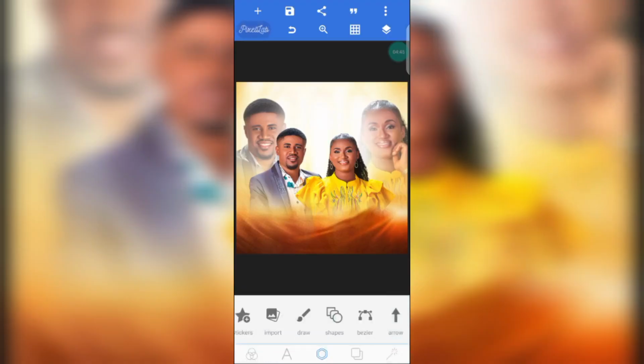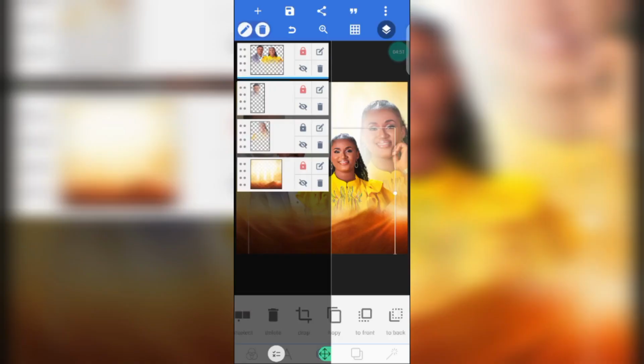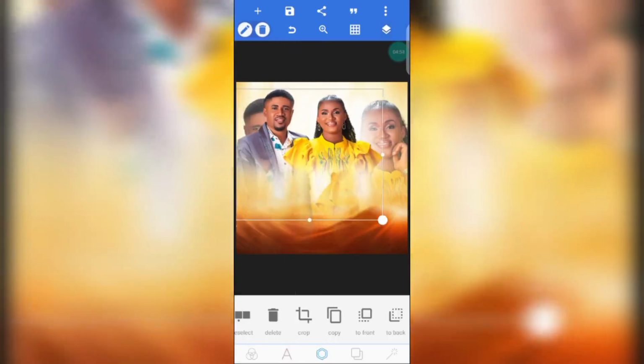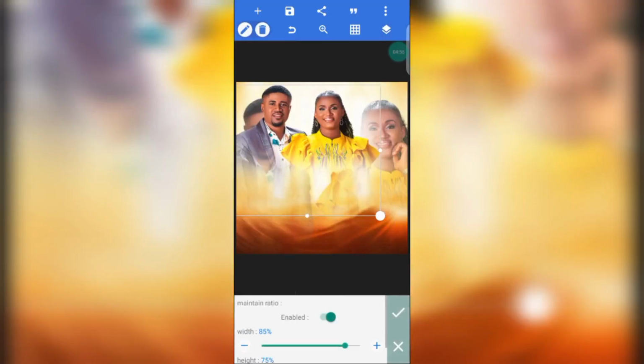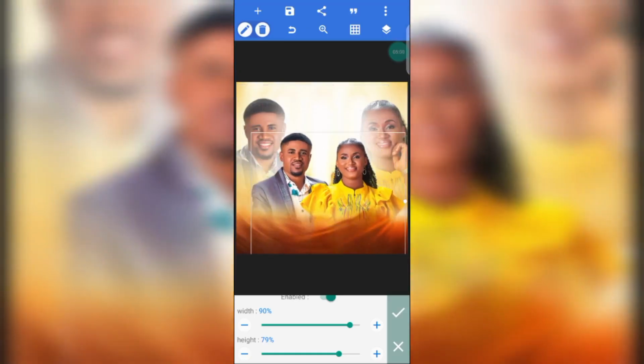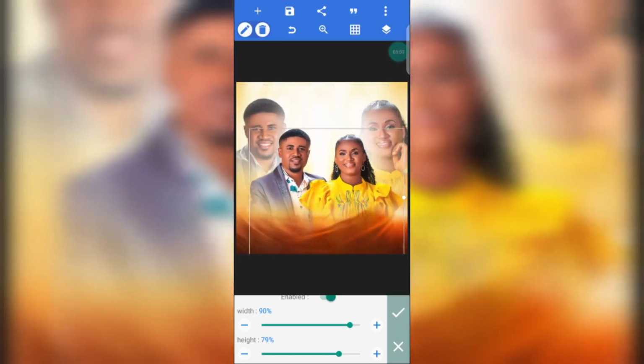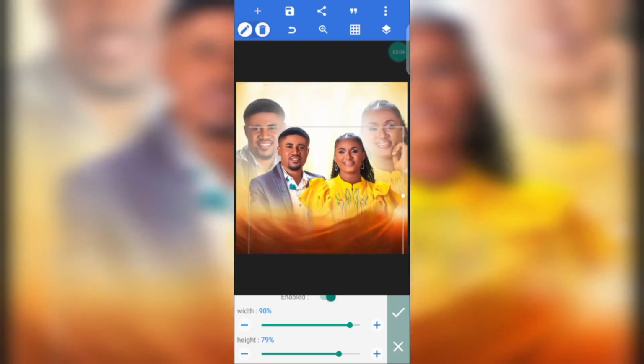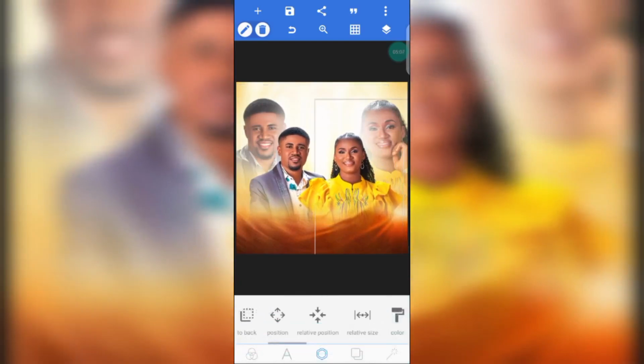Hope you can see what I'm doing. Yes, this is okay. I think we still have to increase this one a little, just a little. Go to relative size, increase it a little. Okay, this is okay. Take it up a little. Okay, this is good. Now for this other one,